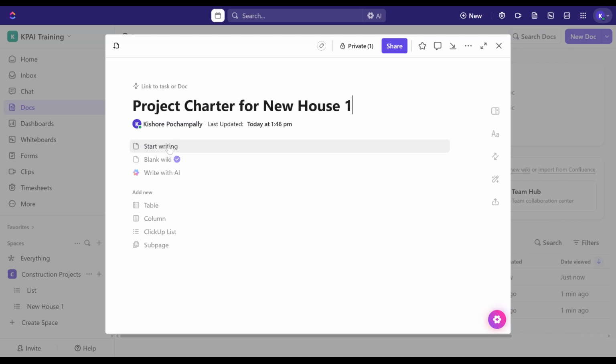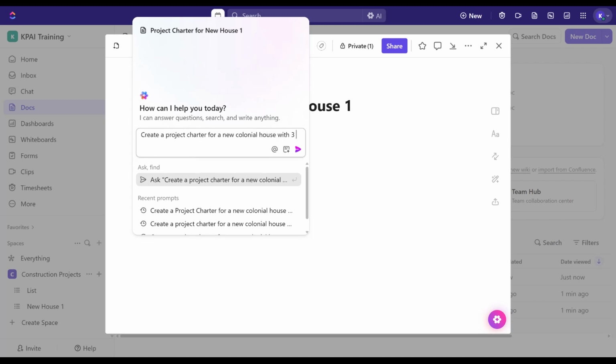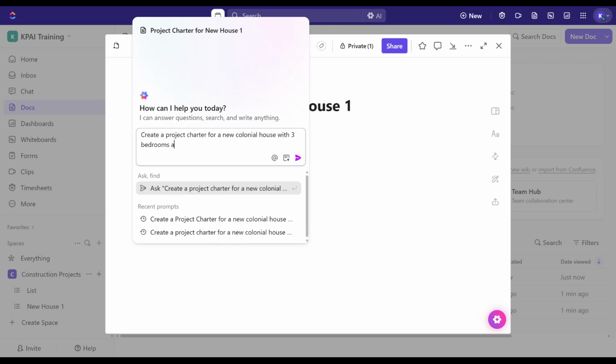And instead of starting to write ourselves, we'll say write with AI and we'll say create a project charter for a new colonial house with 3 bedrooms and let's say 3 bathrooms. Include the project description